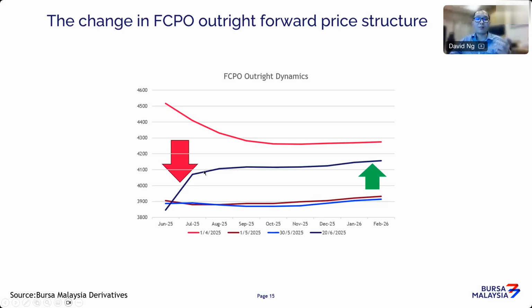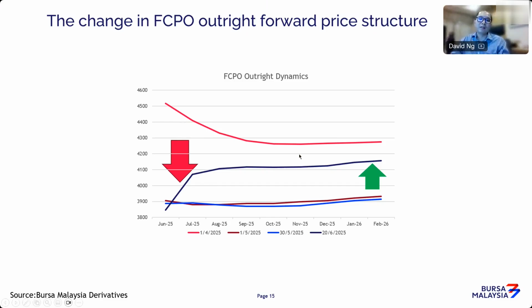Now, the dynamics of the market can change and the sentiments of the market do change, and this usually relates to fundamentals. When the near month contracts are much lower and the further month contracts are performing much better, this is what we call a contango market. These are all very technical terms, but what this is essentially telling you is that you're comparing near month contract prices and further month contract prices.